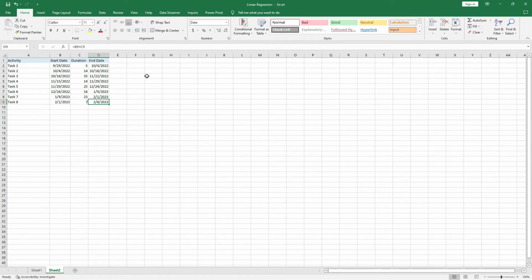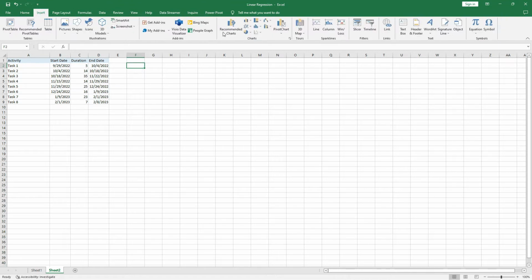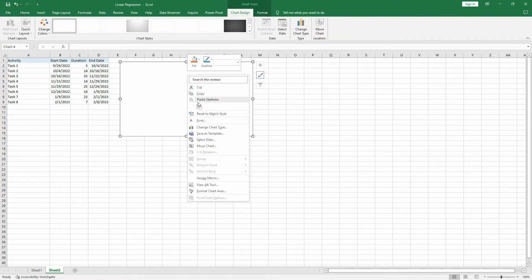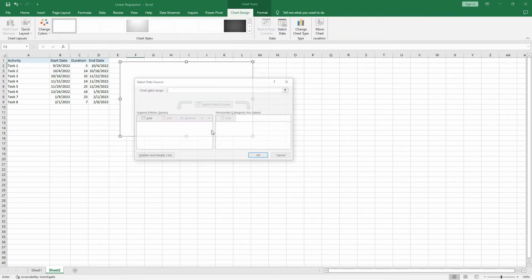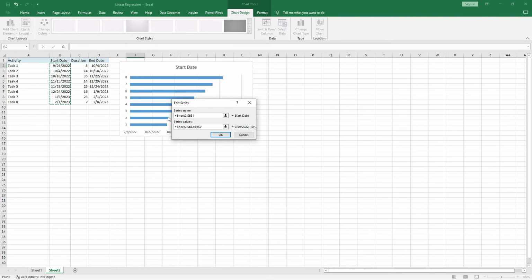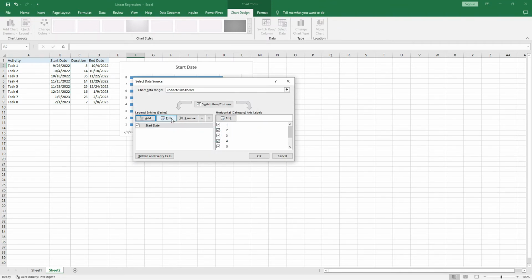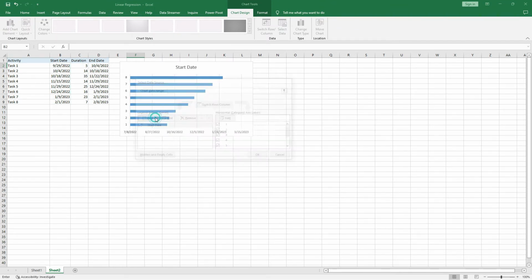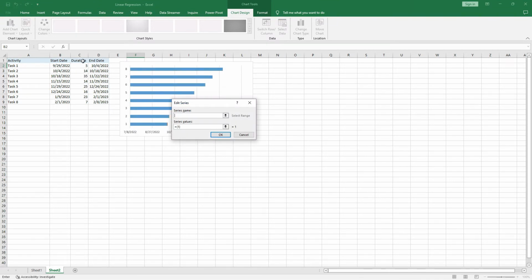Let's begin. Click on insert a stacked bar chart. Right click, click select data, add, series name, start date. Series values, delete the default values, select, click OK, add, series name, duration, series values,